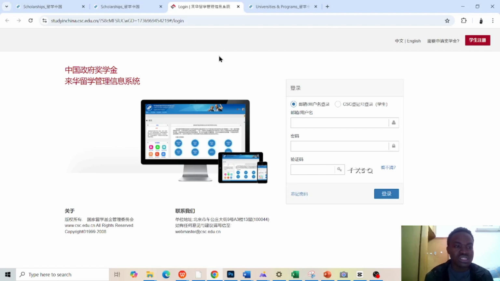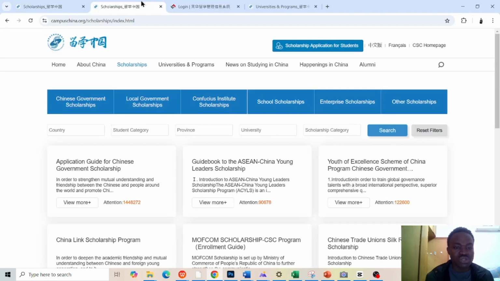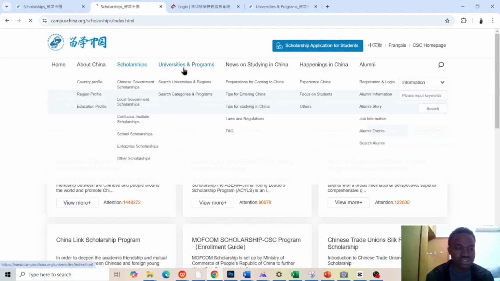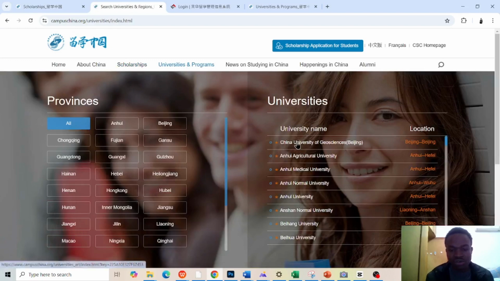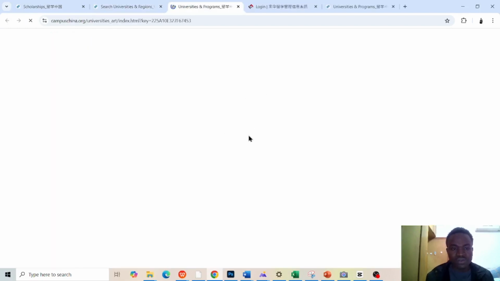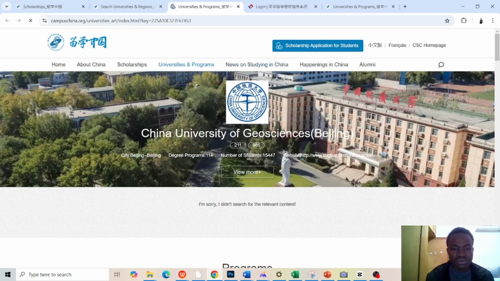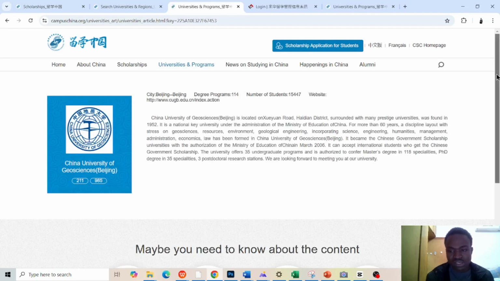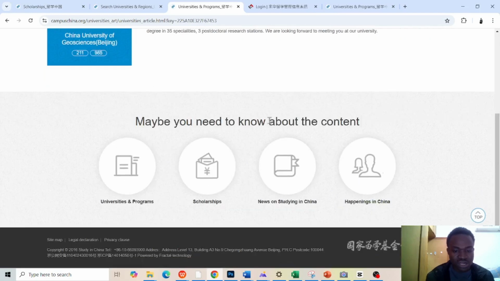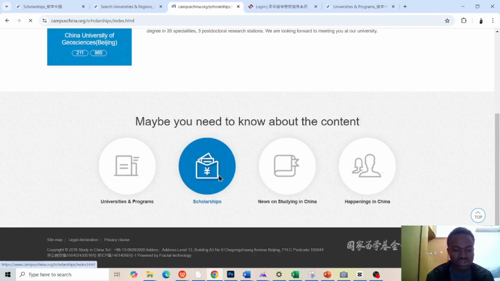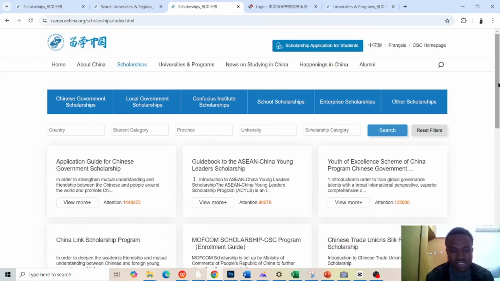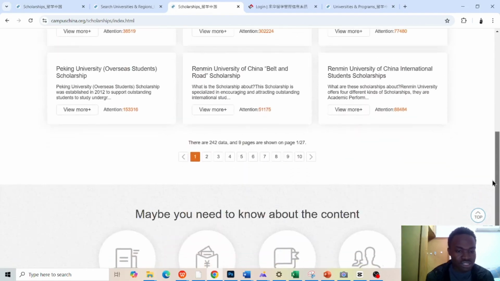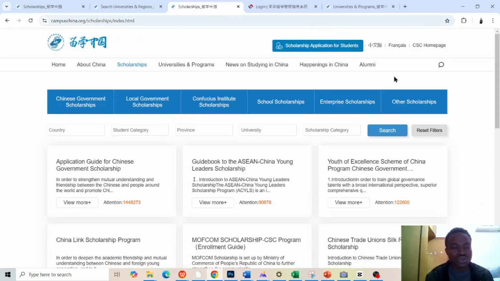But also you need to visit the university website for each university you want to apply for, to get most of the information that is required. Like here, I told you, the university's website. If you come to this university now, for example, you see a lot of information about the university. You see the scholarships that are available in this university. Also, when you click on this one, you see the types of universities that are available. So there is lots of information online for you to apply in China.